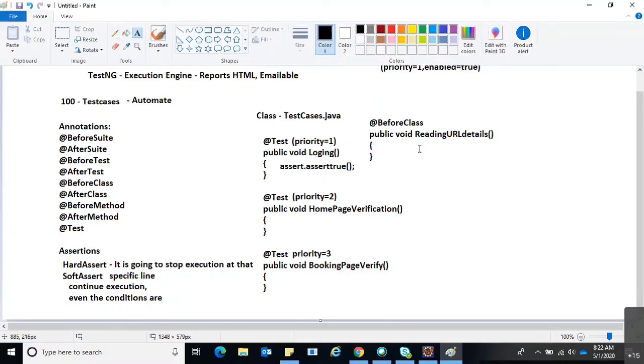I hope I am clear, Ravi, with the TestNG concepts. We can integrate the page object model with any kind of framework, right? Yeah, of course, we can do that.